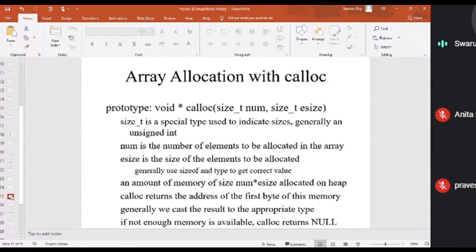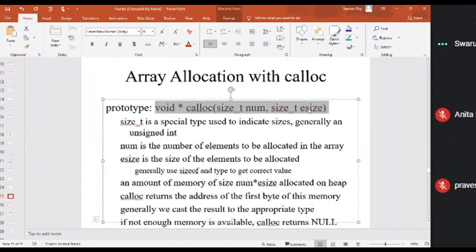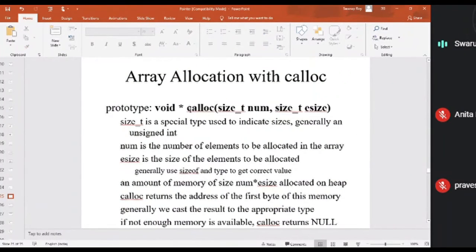Now just see the prototype of the calloc function. Though this is a bit old and mostly people use malloc, you should know these things. What is it actually doing? It is taking